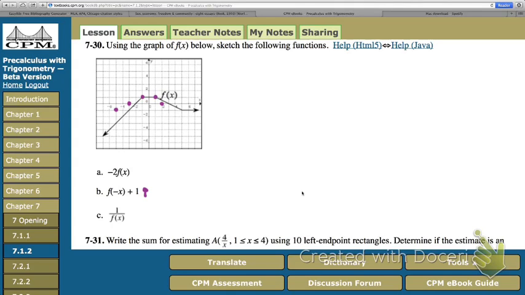Now we got to shift it 1 up. So it'll be here, here. So I'm just shifting every point up 1. This will come down. This will keep coming down like this. And then this will just go across. So it's been horizontally flipped and then shifted up 1. The last one